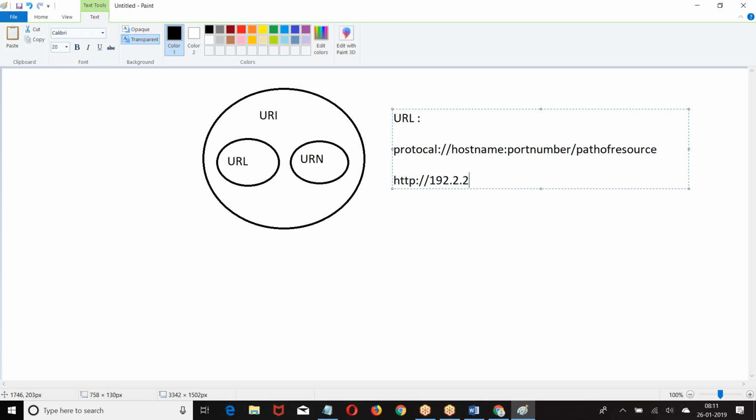Generally, the host name is an IP address. Based on the IP address, we recognize the server and we request the resource. But if I give an IP address, it is difficult for people to remember the IP address of every application or every site. That is the reason domain names, DNS, have been given. That is how we replaced the IP address with a domain name.